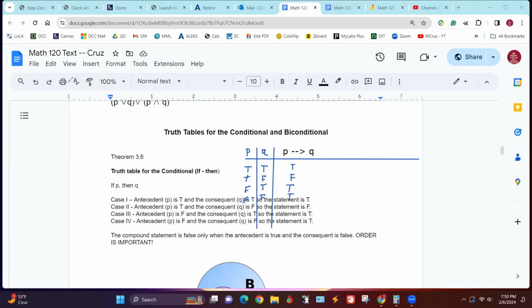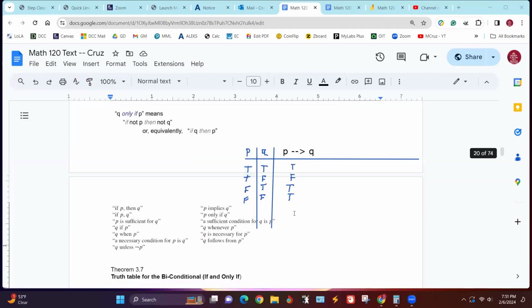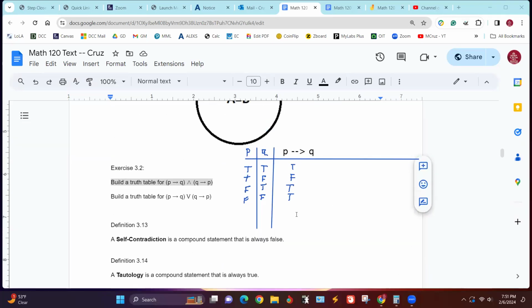Okay. So let's go back down here and finish that up. So that's this whole left side right there. That's the left side.